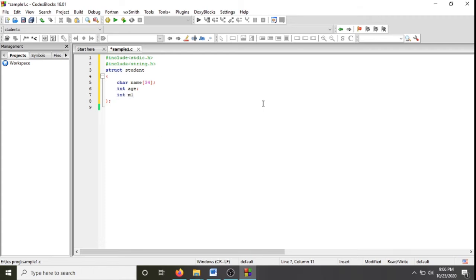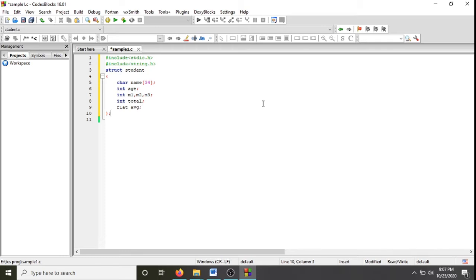The mark details I am giving as M1, M2 and M3, three subject marks. After that I am going to declare the total and then the average variable.